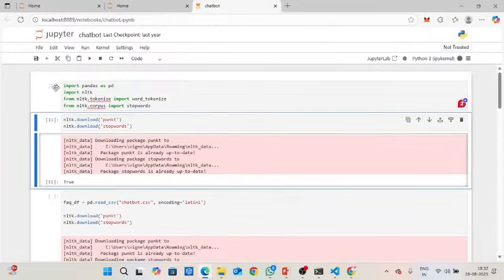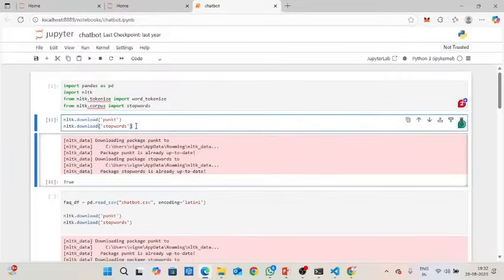Here the star means it is running. Okay, now it was completed.